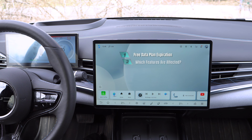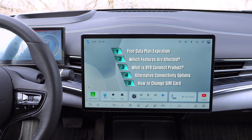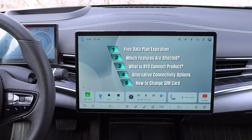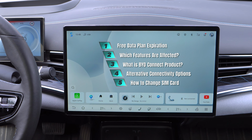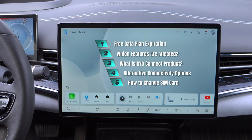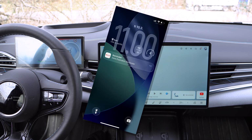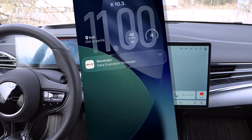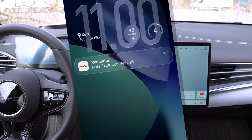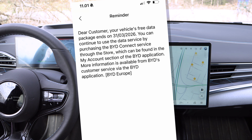Alright, so as you probably guessed, this is about the data plan and the expiration of the included data plan in the car. And to be fair to BYD, this is of course nothing exceptional. Pretty much all manufacturers do the same type of thing. And also what was positive earlier was that BYD extended the free period. I think they initially promised 1 year of free connectivity, but then they extended that 1 year period to 2 years. But anyway, now that 2 year period has passed and I have run out of data in my BYD